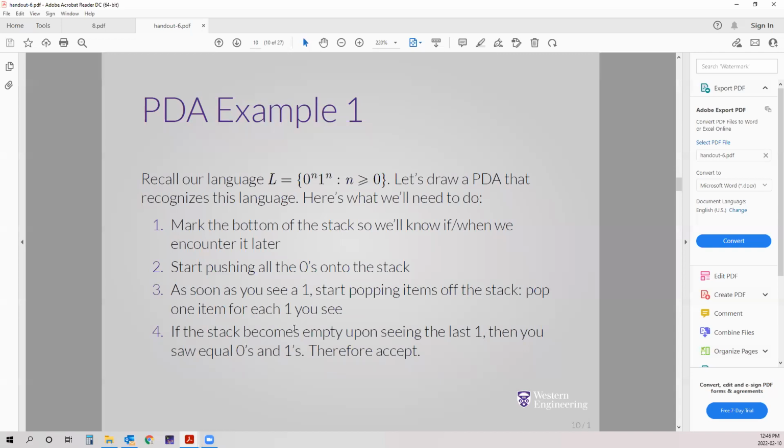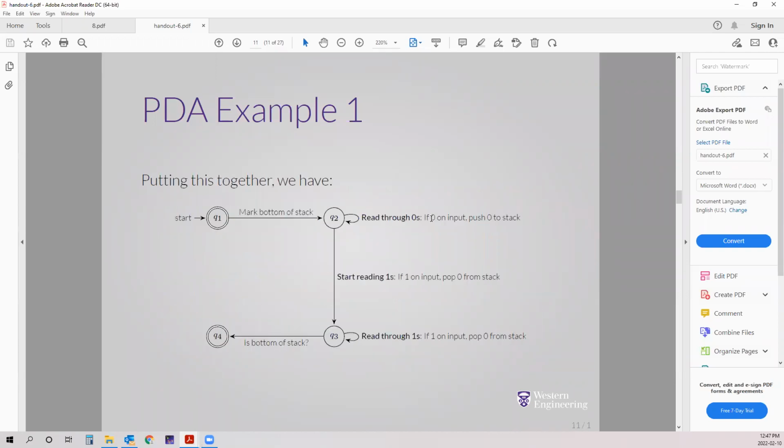Once ones are done and I don't have any more ones, if the stack is empty, that means that the number of zeros is equal to the number of ones. Then we will accept. If not, then we will reject. Clear, guys? Questions still here? Okay. So,